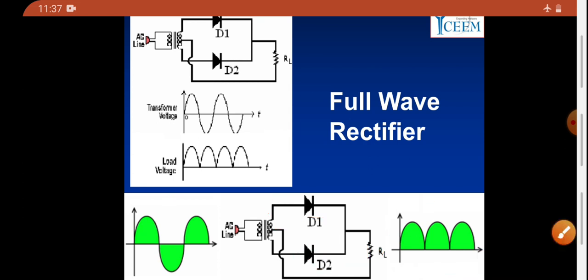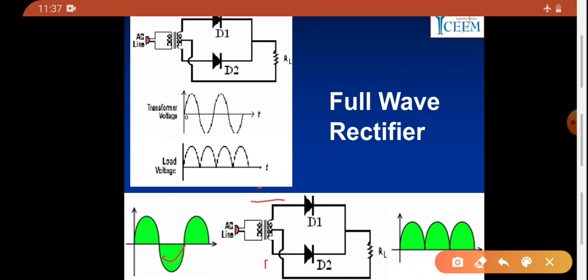Similarly, during the negative half cycle of the input signal, now this will be the negative terminal and this one will be the positive terminal. So positive is connected to the anode of D2 now, and negative is connected to the anode of D1. Therefore D1 will be in off condition and D2 will be in on condition. So the current direction will be from positive through this load and up to the ground.